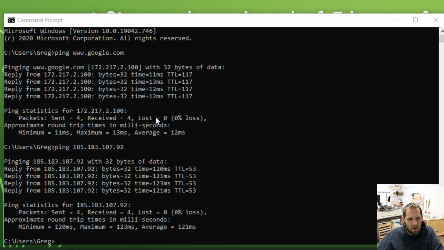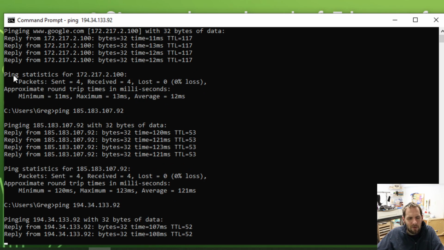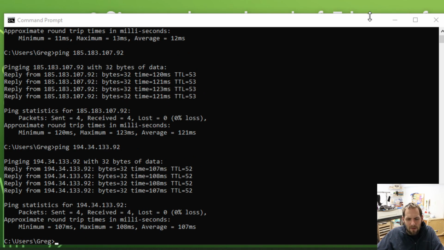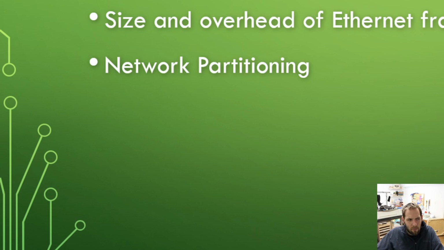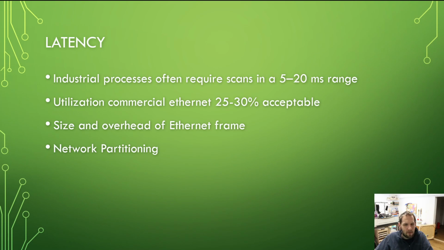Okay, let me refresh this. Get my new IP address. Ping 194.34.133.92. All right, that one's at 107 milliseconds. All right, so we can get some pretty simple speeds and things like that. Wrong button. That one. So something to think about in the long run is those ping times and things like